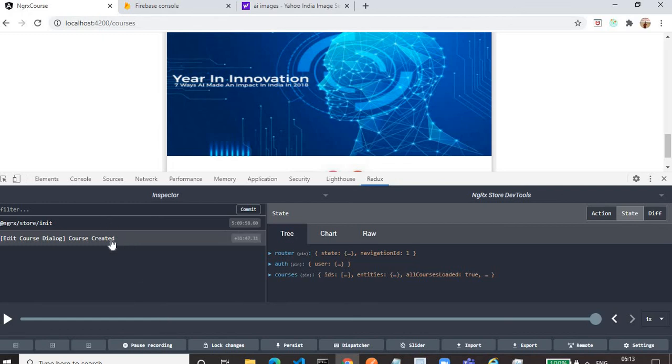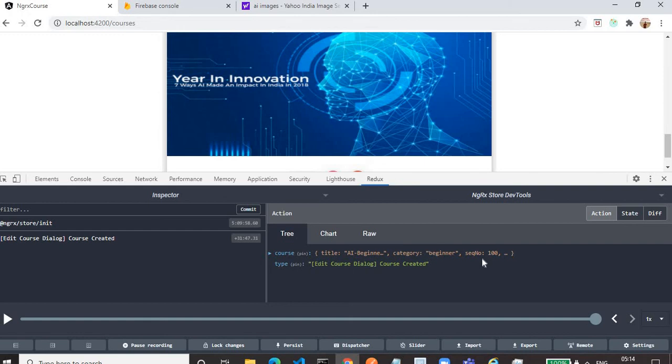As this action is used for updating the store, we need to insert a new course in the store. That's why with this action we are sending the payload, the course that the user has entered.